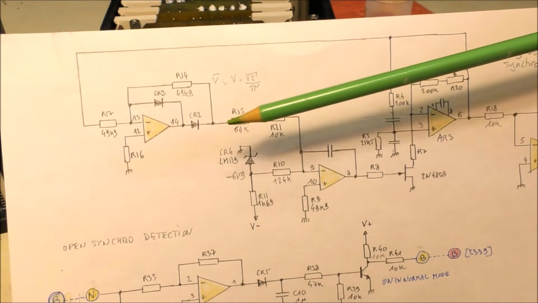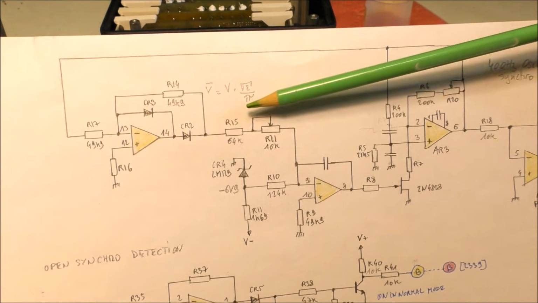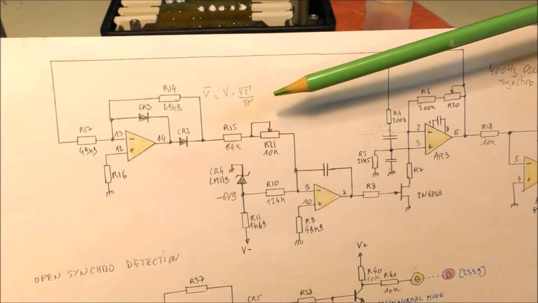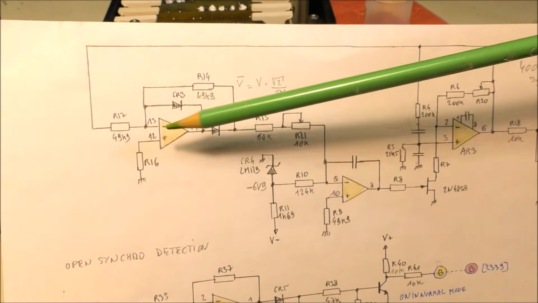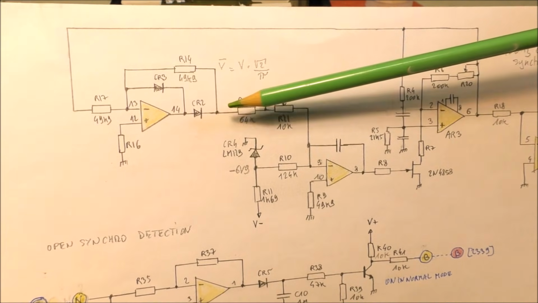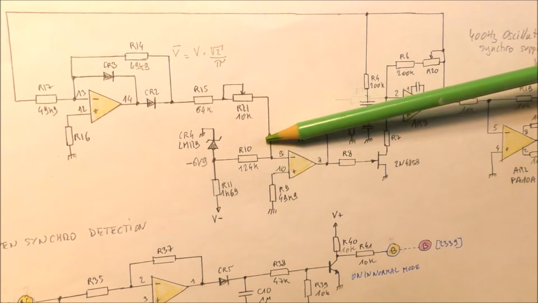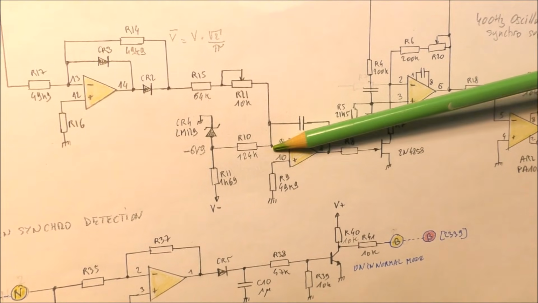This permits to have here a single wave rectifying, so the mean value is calculated. It corresponds to the RMS voltage at the output here multiplied by square root of 2 divided by pi. We can see that we have a gain of -1 here, so this permits to have a positive DC current flowing through these resistors here. And here we have an integrator, so therefore we have here a virtual ground.